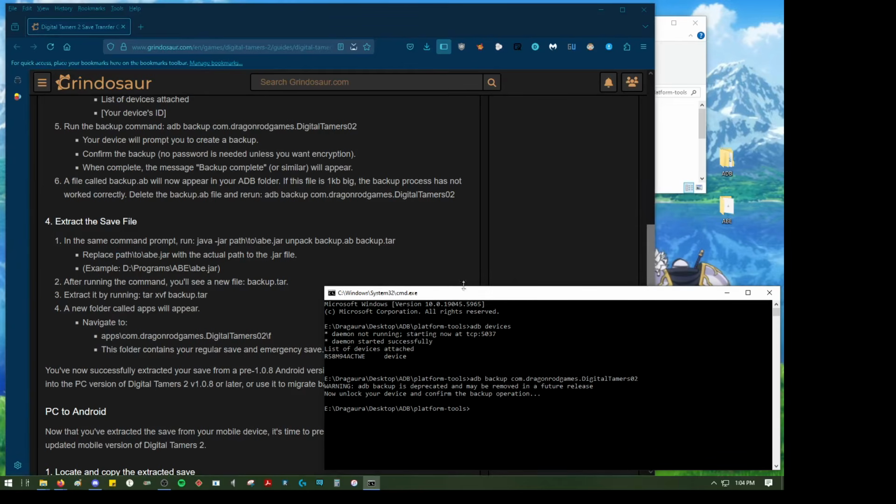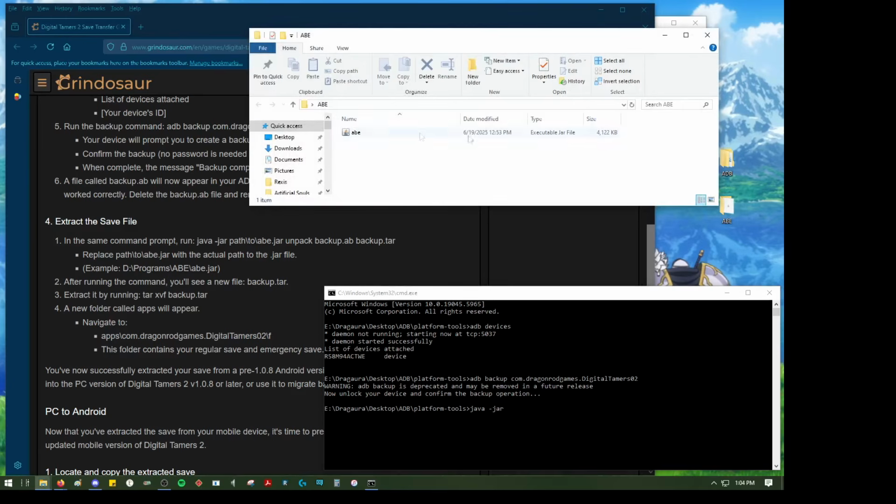The easiest way to do this would be to type java -jar, open up your ABE folder, click up here, and while it is highlighted, Control-C, copy, come back here, Control-V, paste, /abe.jar,